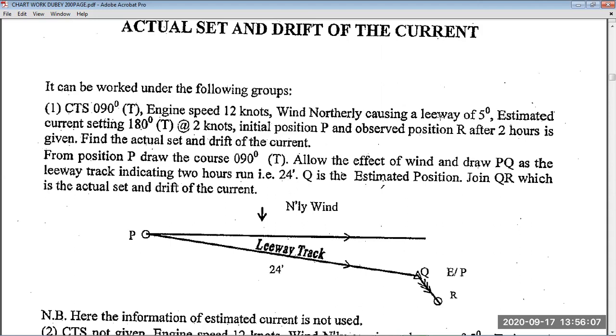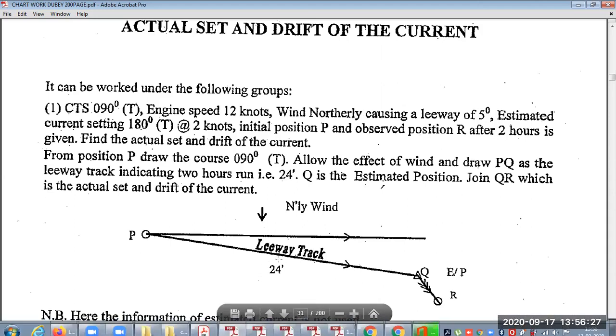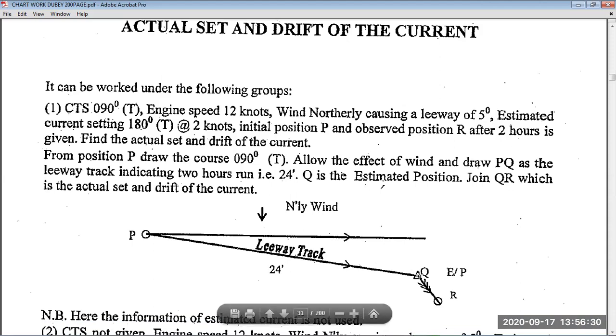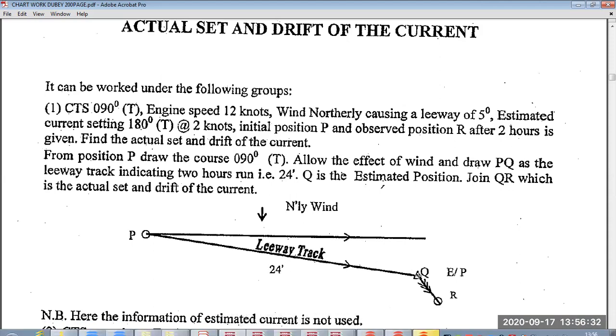Wind is northerly, so we go away from the wind, that is 5 degrees south. So 095 will be our leeway track. Now we apply it for 2 hours, that is 12 into 2, 24 miles. After 24 miles, we will reach position Q.